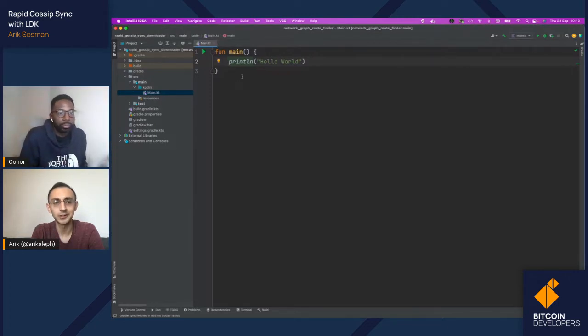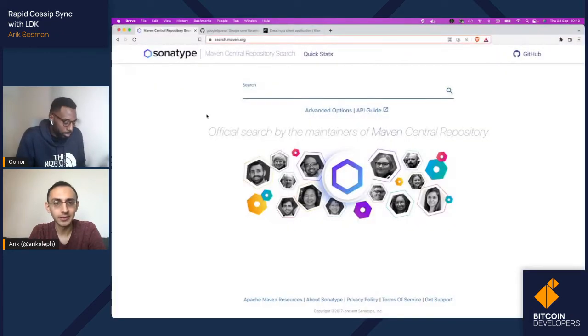Let's just double check and make sure that we can link the bindings. Okay. So where does a developer get the bindings from? I feel like "bindings" is a bit of a confusing word. They just want to import the Kotlin library for LDK, right? Right. I actually have to admit I have not worked with Kotlin before. Luckily, I have. I believe there should be something on Maven that's already pre-existing, right?